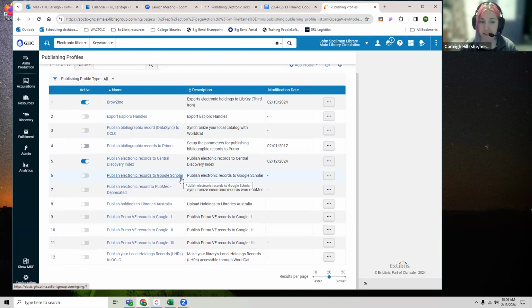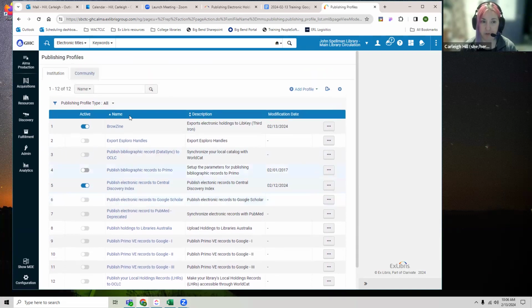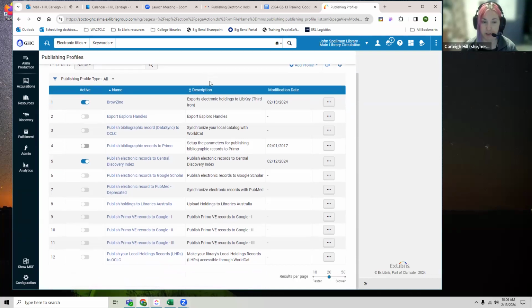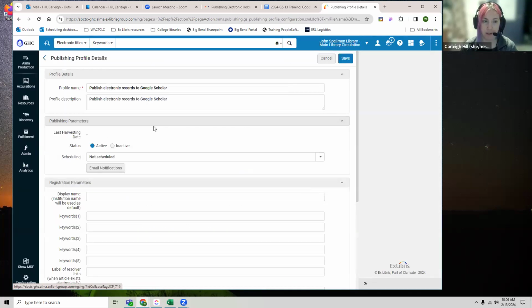If for some reason it has been removed, you should be able to go to the community tab, search for Google Scholar, and hit copy to add it into your institution. And then we can go into edit,